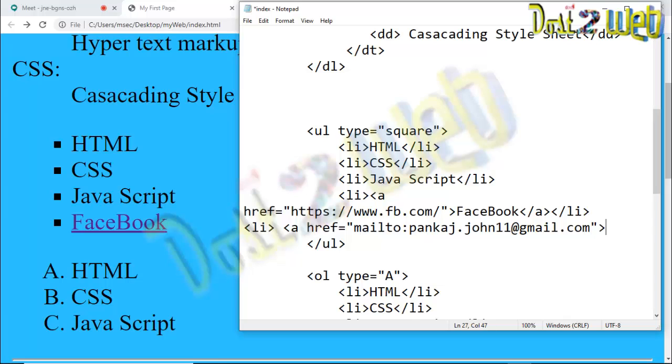You write here the name, email us, and I'll close the anchor tag and close the li tag.